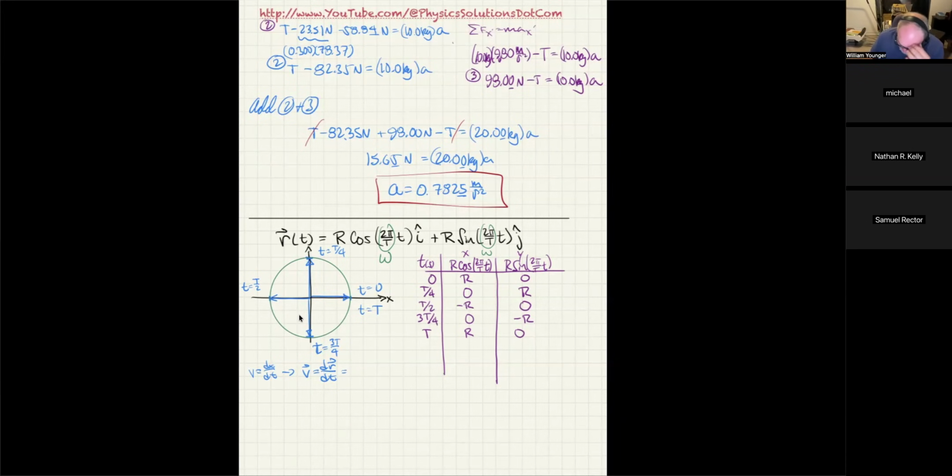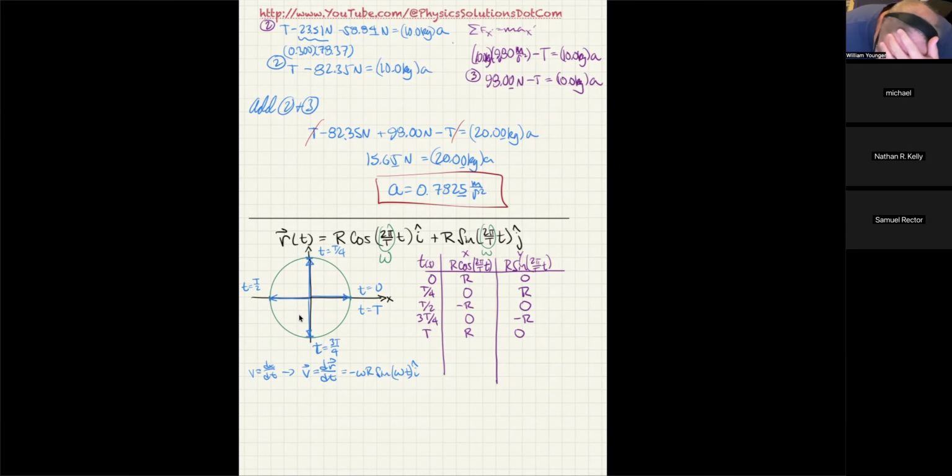But in so doing, when I take the derivative of cosine, I get negative sine. So this becomes negative. And then don't forget, I have to use the chain rule. So I've taken the derivative of cosine with respect to its argument. Now I've got to take the derivative of the argument of cosine with respect to time, which gives me just the omega. So it's going to be negative omega r sine omega t i hat